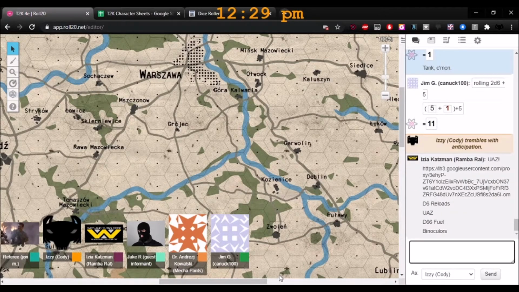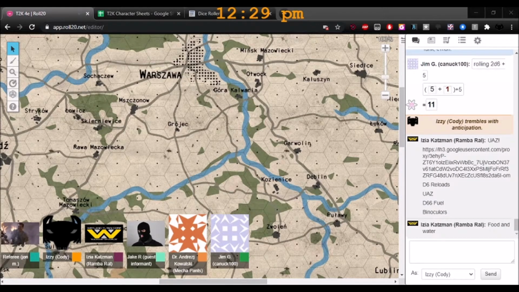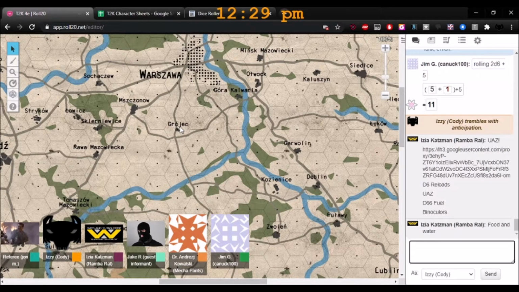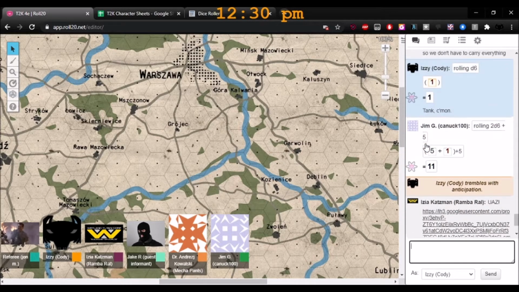Those are the four I can think of so far. Anything else? I've got binoculars already, so skip the binoculars. D6 rations of food and clean water. Yeah. Sorry for messing up the reload roll.